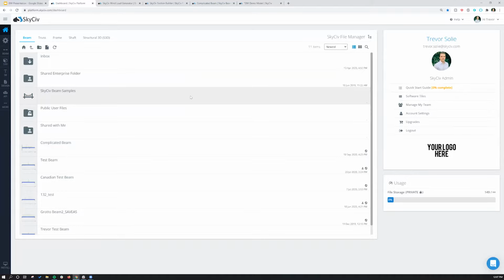And it's SOC1 and SOC2 security compliant. So you don't have to worry about backing up your files on your own local drive. We've never really had any issues with people losing their files or their files being corrupted or anything like that. But what's nice, in addition to having that security, is being able to share and have